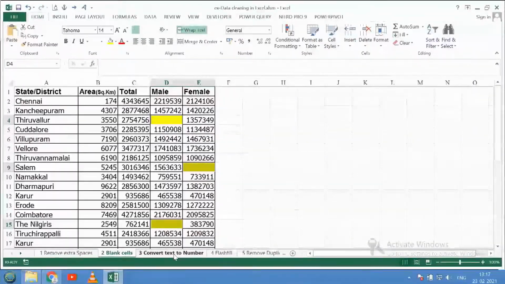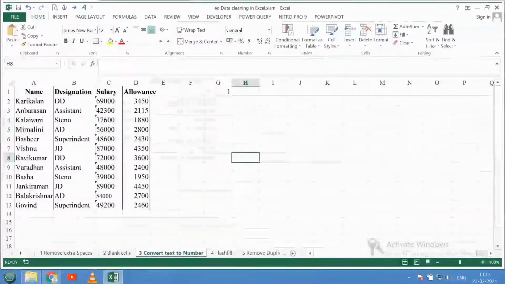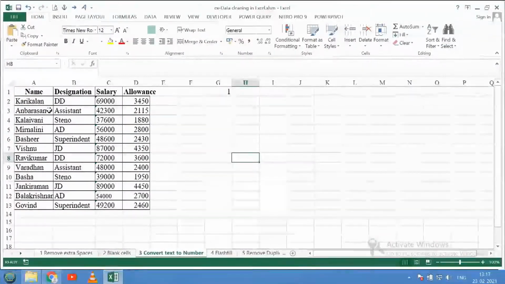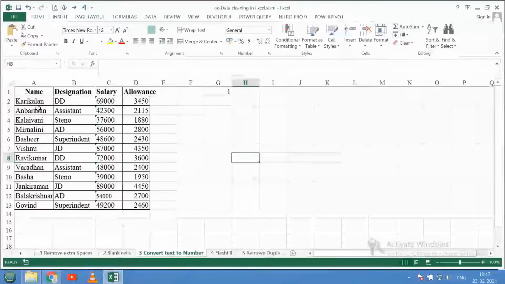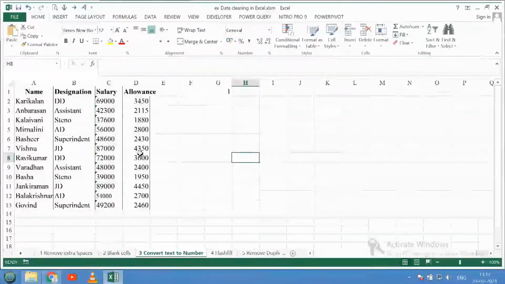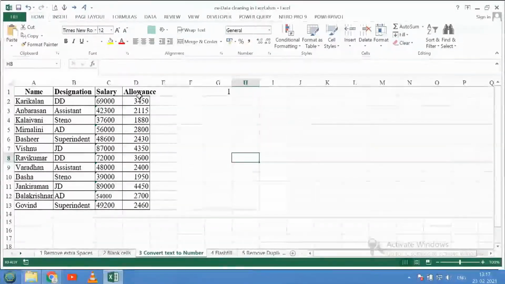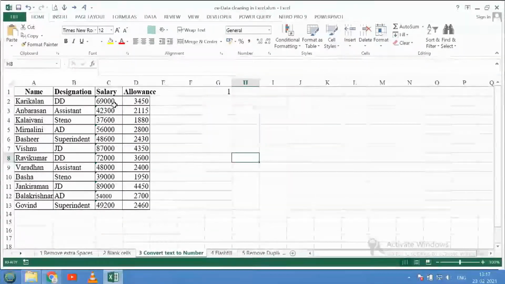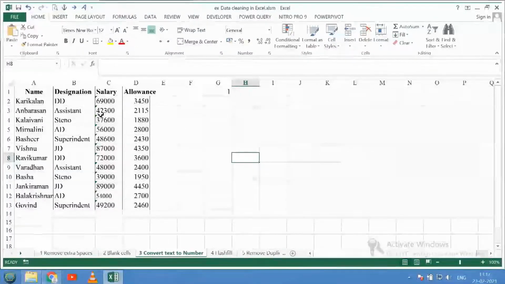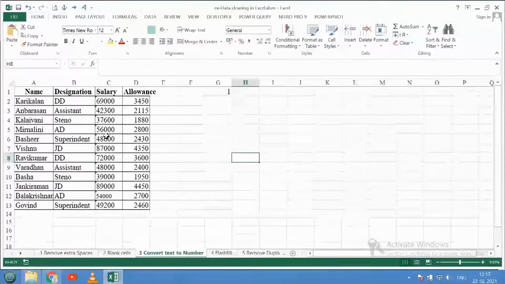The next option is that we can easily convert text to number. For example, in Excel, all the text entries are left justified and the number entries are right justified. Here the allowances are numbers, so they are right justified, but the salary is appearing left justified because it is entered as text.